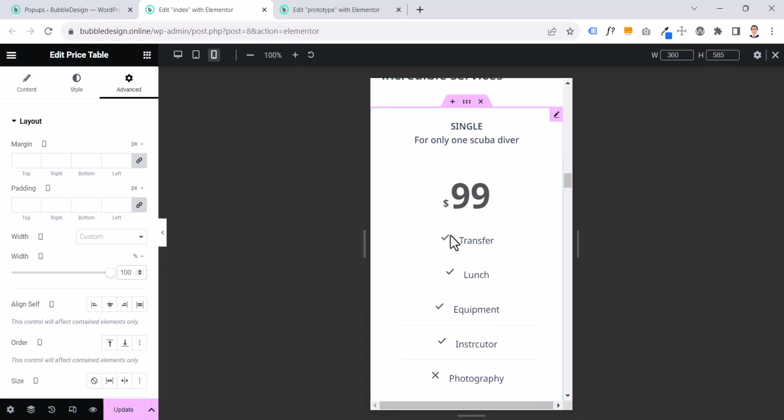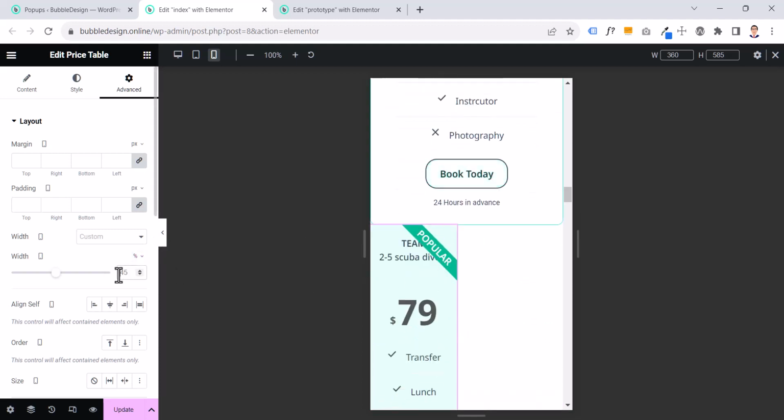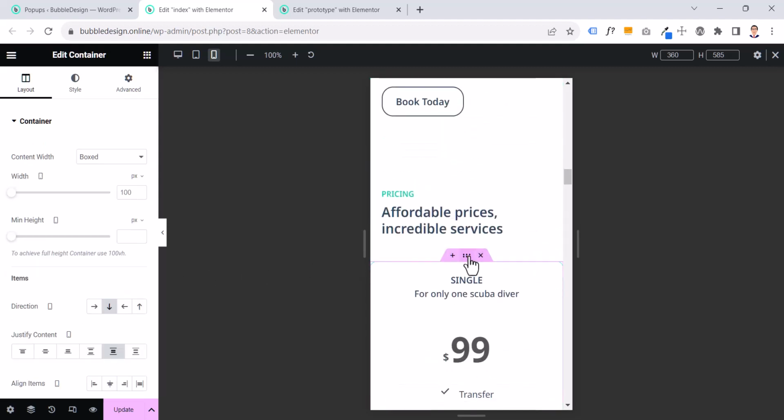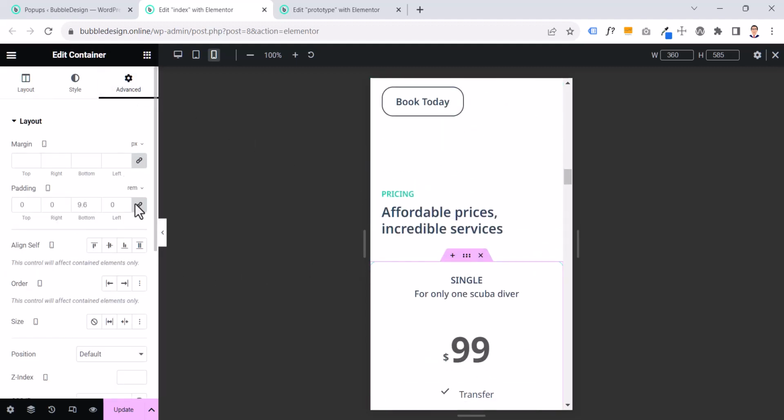Oh, sorry, 100%. And again 100%. And don't forget to set, we need again 4.4 in the bottom for the section. I mean for the section, 4.4 in the bottom, and 2 rem or 20 pixel for